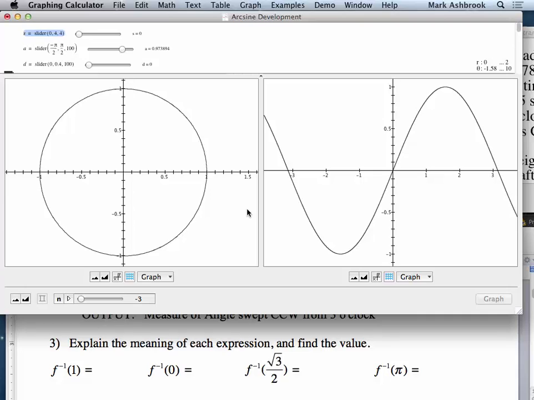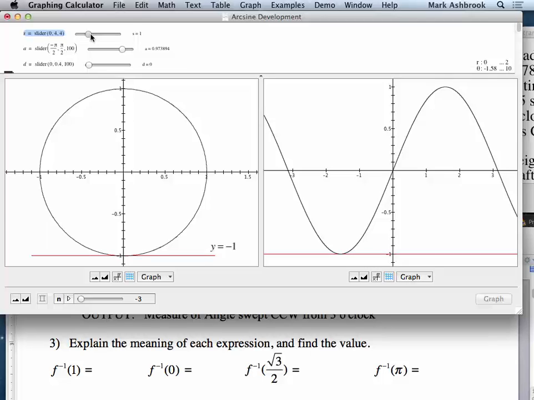Okay, Gina, what do you think about this first one here? Reverse process with an input of 1. What does it mean? I said that when the input is 1, 1 is the radius length above the horizontal diameter, and the angle swept counterclockwise from the 3 o'clock position is 1. The angle is 1? Okay, what do you think about that, Molly? She said this represents the vertical position in radius lengths, and then that would give the angle measure, which is 1. I think the angle measure actually is pi halves,